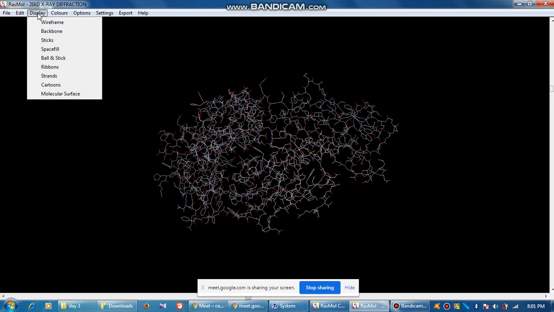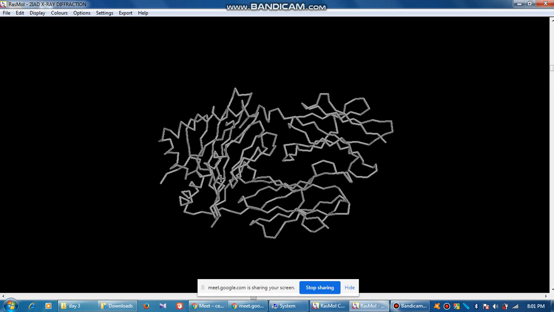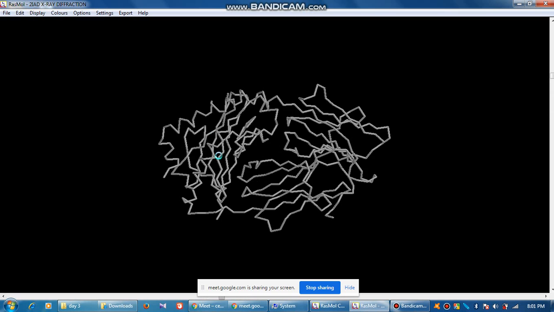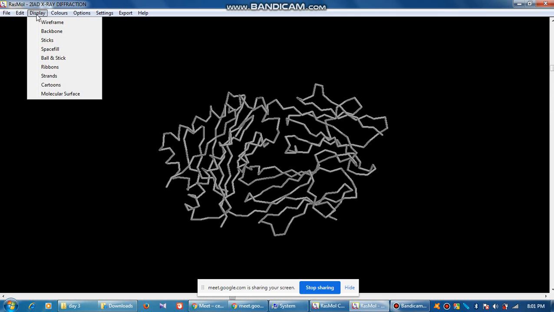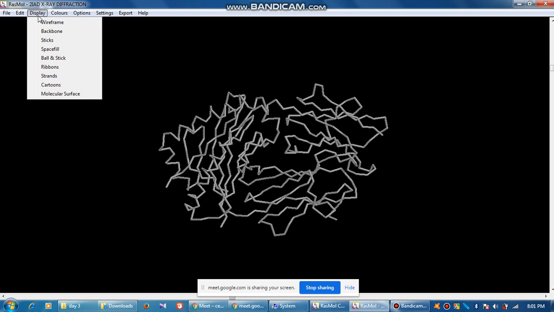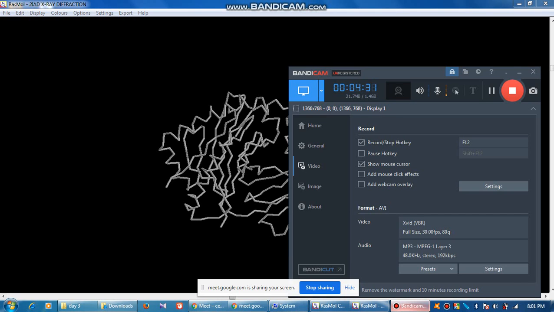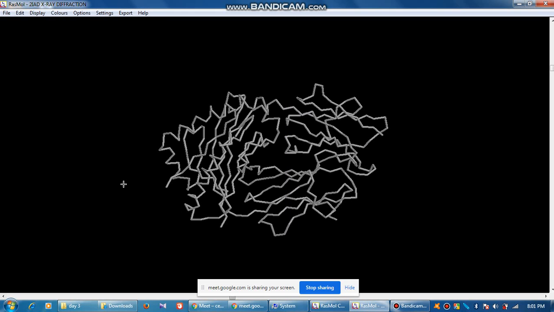Now you can display only the backbone. The backbone is only the peptide bonds. To see it, go to Display, then click on Backbone. Display backbone. Now what exactly are you seeing?